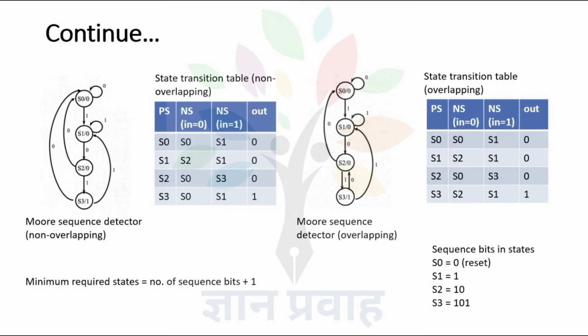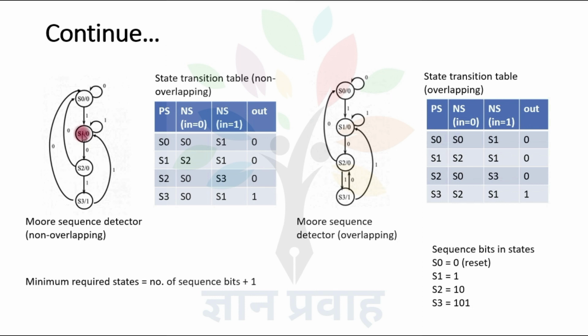Therefore, designers preferred overlapping output sequence detection. The design of the 101 sequence detector for both working methods is presented here in the form of state diagrams and state tables. Sequence detection is presented here for the Moore machine. In the state diagram, the sequence starts from the reset state or S0 state. S0 is the reset state. 3 bits are there in the sequence. Therefore, we require 4 states for designing 101 sequence detection using the Moore machine. And for modeling 4 states, we require 2 flip-flops because 4 states can be designed using 2 bit combinations.